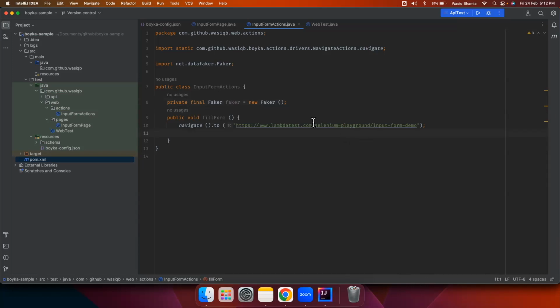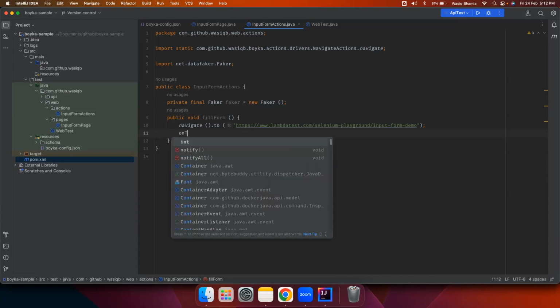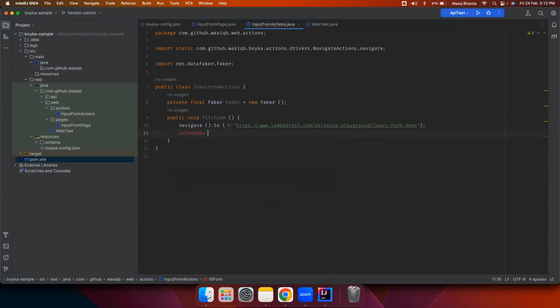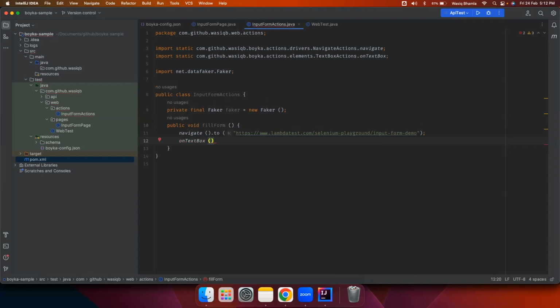Now we want to enter the text. For entering text, there is a method called onTextBox. This is from the Boyka framework. In this, we will pass the locator. For the locator, we will be using the input page object,